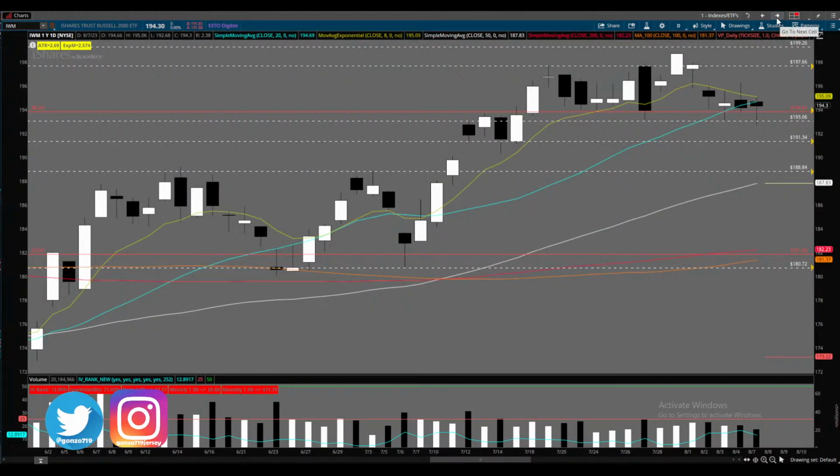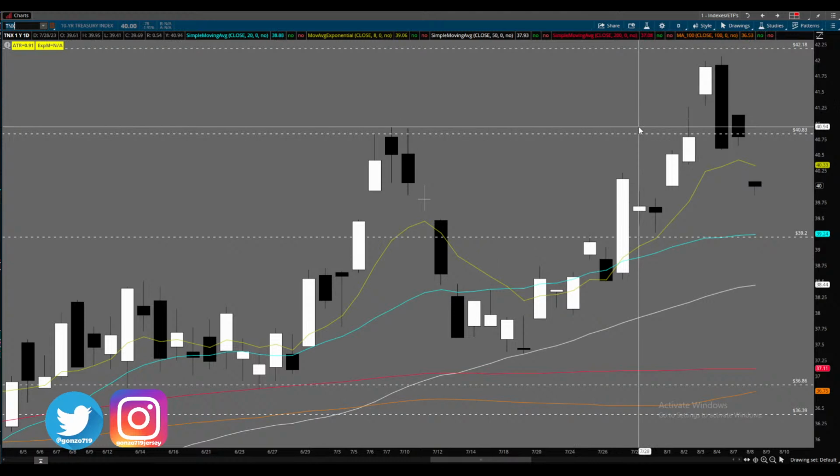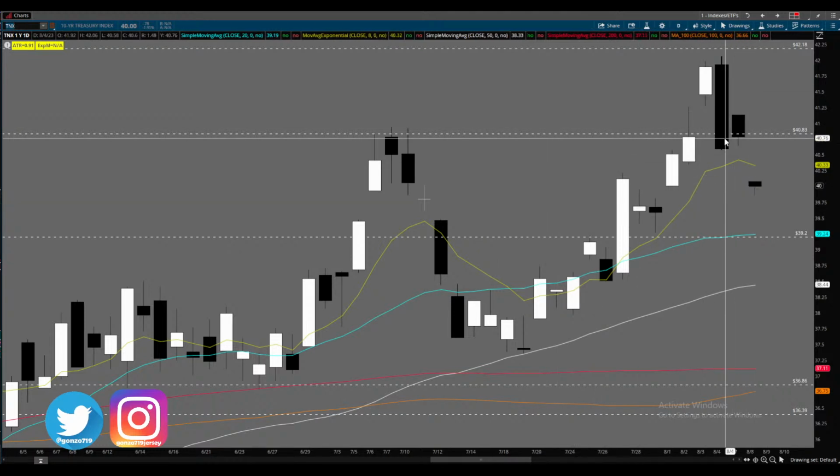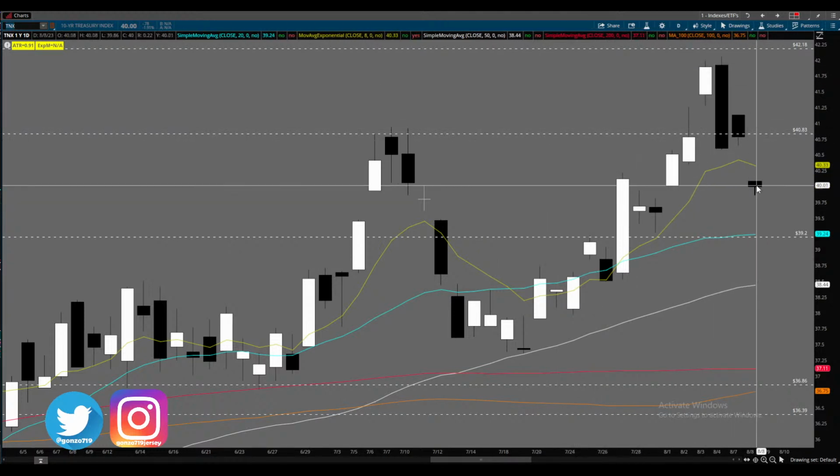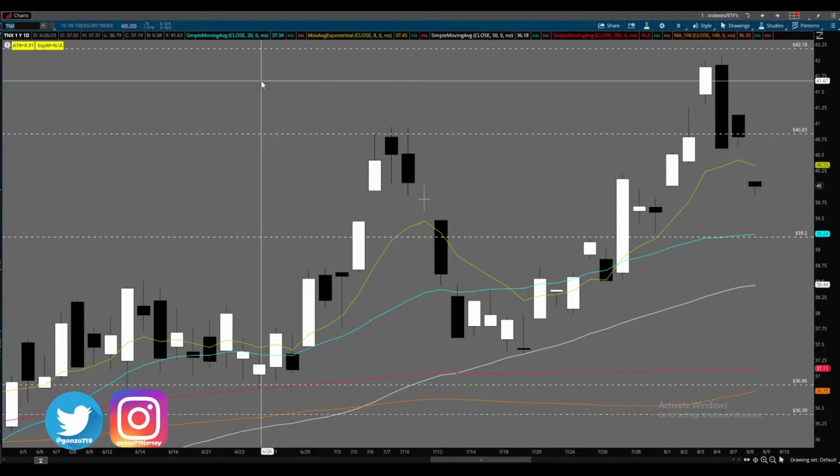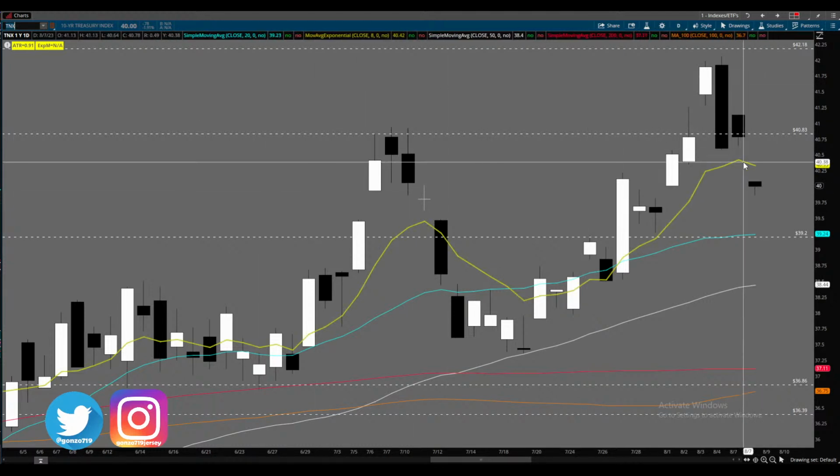Okay. Let's go into the 10-year yield, which has gone down quite a bit. Let's look at it. Big gap down. Okay. Look at that. You're up here. Boom. All the way down. It's at 4.0 yield right now. It went all the way down to 3.9. Okay. Very, very interesting. People flying to safety right now.